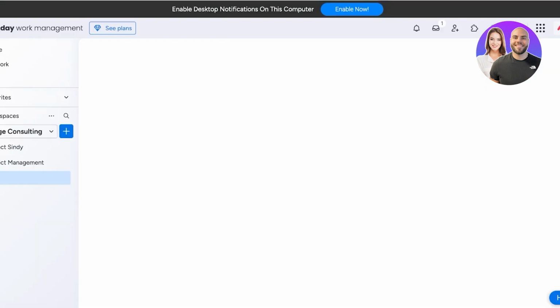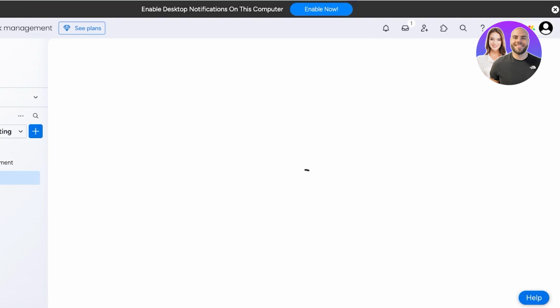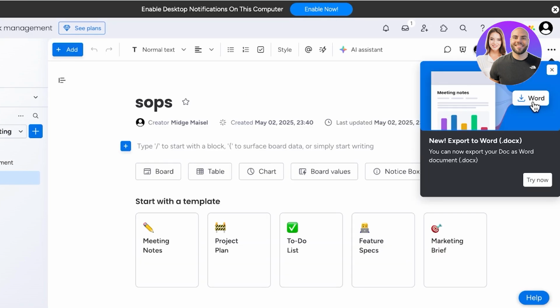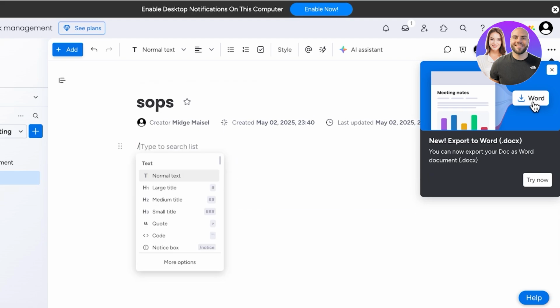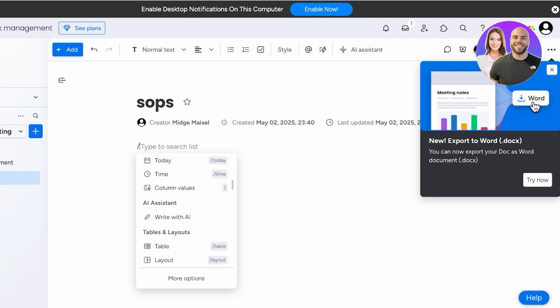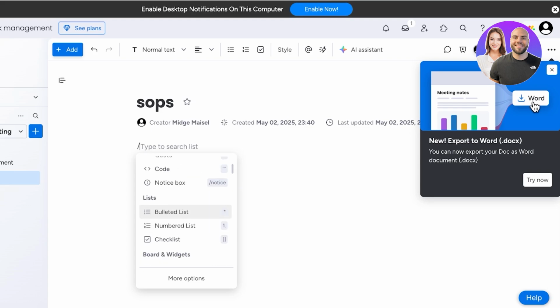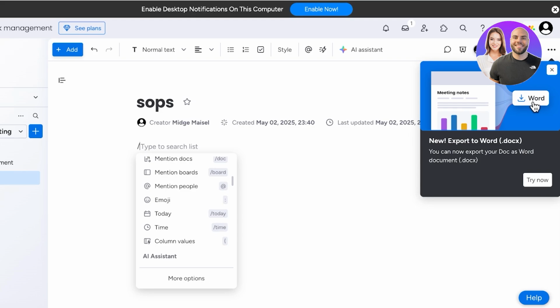Once I click on Create over here, we can proceed. And from here, I can get started with typing in. I can type in slash or a dash to format, add tables, videos, images, YouTube videos, and so many other things. So if I want to build a full article with widgets, mention different documents, boards, mention people, and add